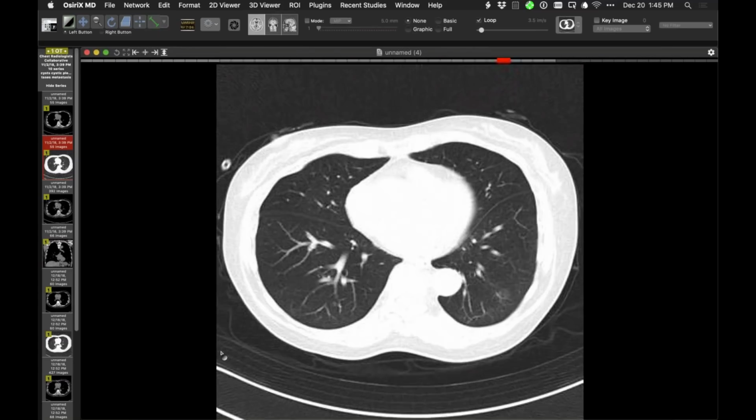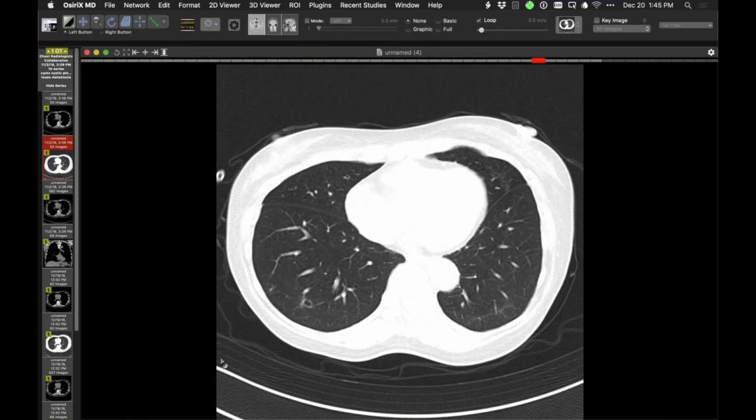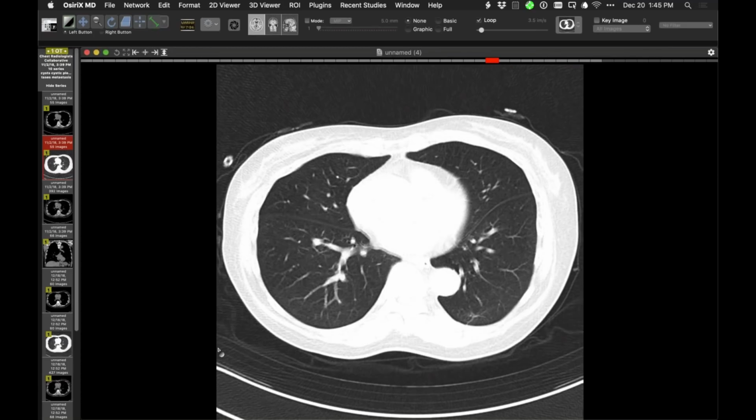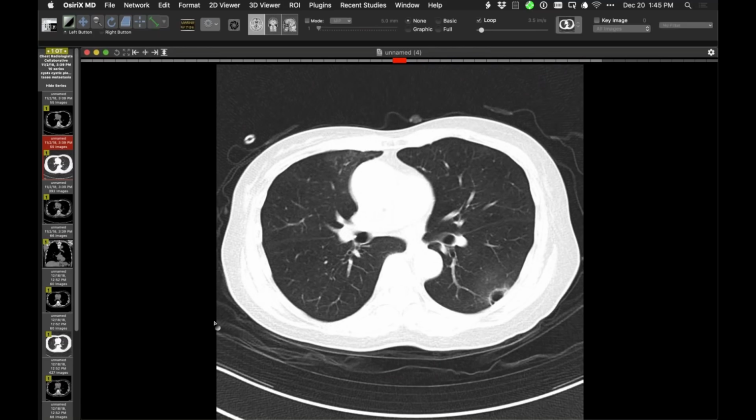Some of them, in some locations, have thin walls, but some do not. And some of them are also surrounded by some ill-defined opacity, as you can see there. So here is a cystic space with an apparently thick wall and a little septation within it and a little ground glass halo